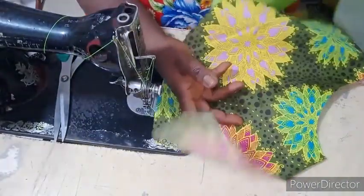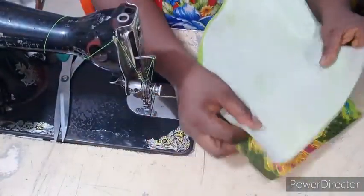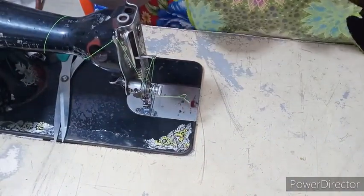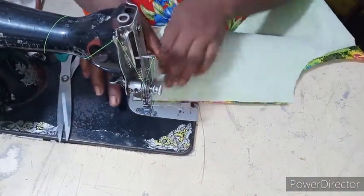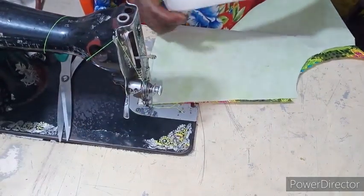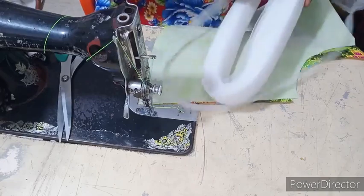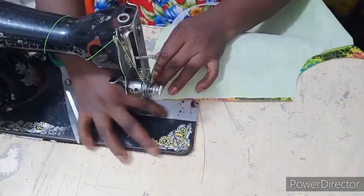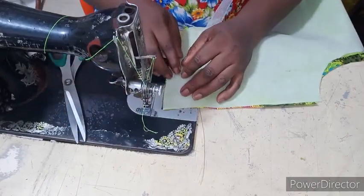Okay, so you place right sides facing each other. Like I said, make sure that your crinoline is on the lining. Okay, so I'll be using 1 inch crinoline. Please note how I'm doing this. See,